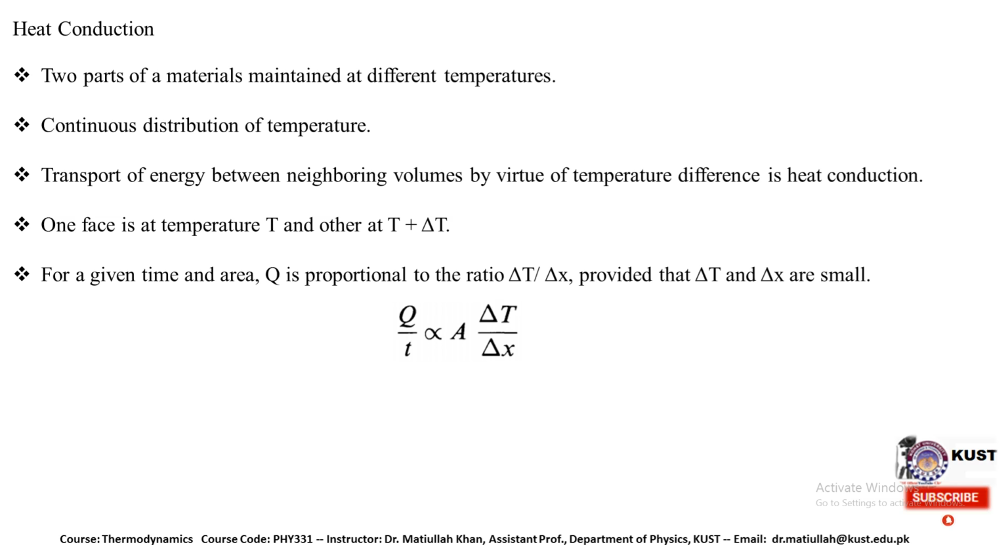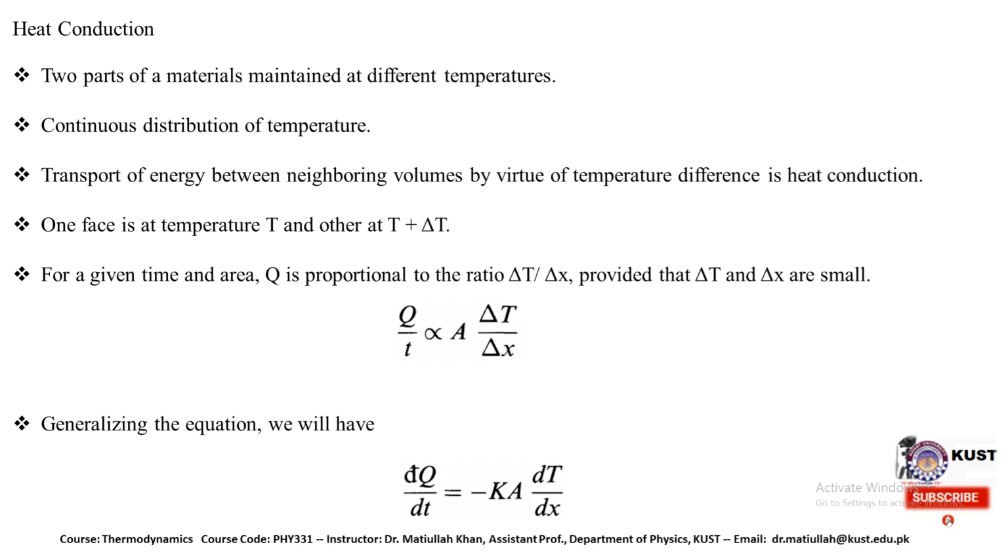Q divided by T per unit time, the heat transfer is proportional to del T divided by del X, and A is the area of that particular material. So if we generalize the same equation, dQ divided by dt is equal to minus KA dT divided